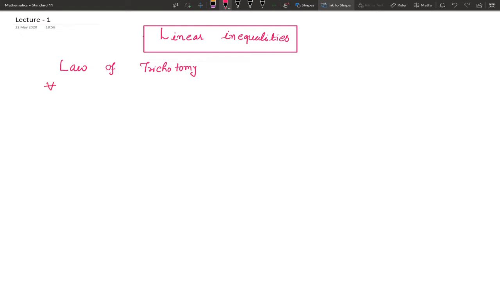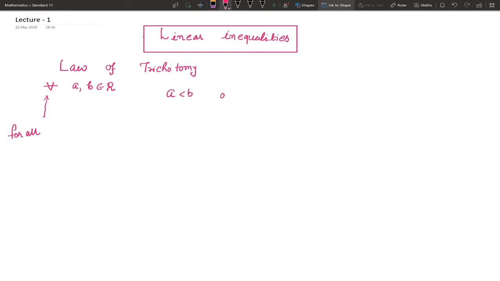This is the symbol for all. We read this one as for all. For all A and B belongs to R, where capital R is the set of real numbers,